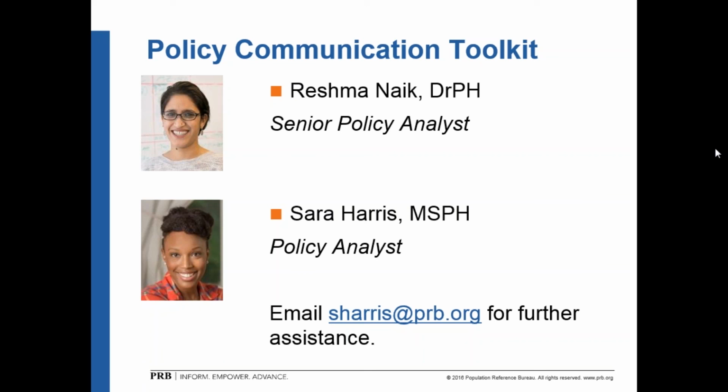In Reshma's slide, she did mention that we can provide additional consulting to assist with preparing the workshop. So once you get into the toolkit, you'll get a sense that there's quite a bit of material included in the toolkit. We wanted to provide more in advance to allow participants to select which modules or which sessions are most appropriate to the outcomes of the workshop.